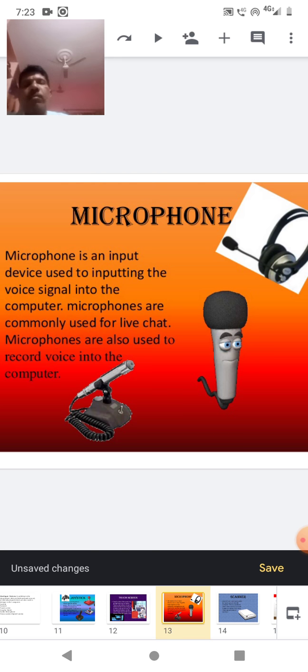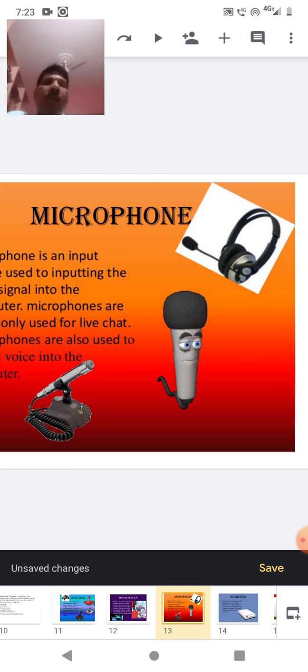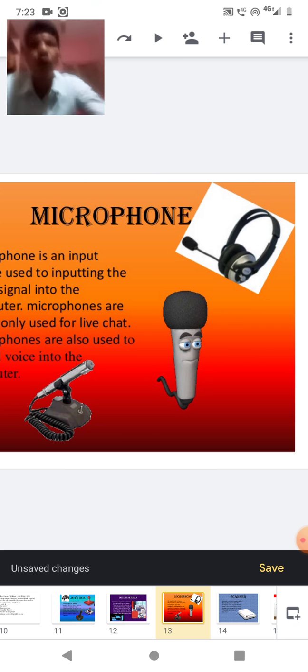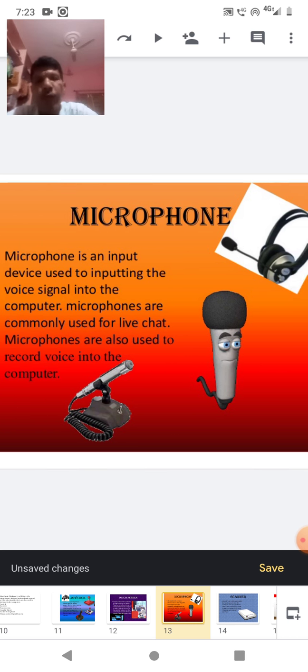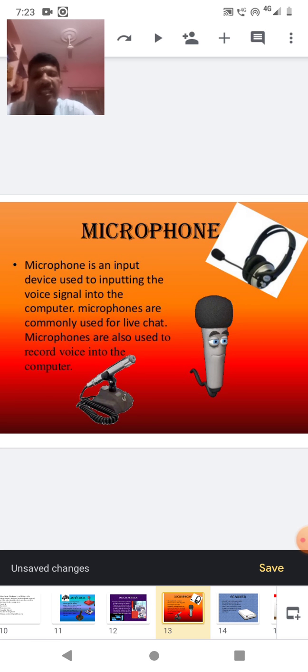Moreover, we observe such types of devices. A speaker cum microphone: the speakers are for output from the computer, and the microphone is input to the computer. And these other two are also microphones which collect voice and store it in the computer in digital form, and it is recorded. Once it is recorded, you may play it any number of times. That is the powerful feature of the microphone.